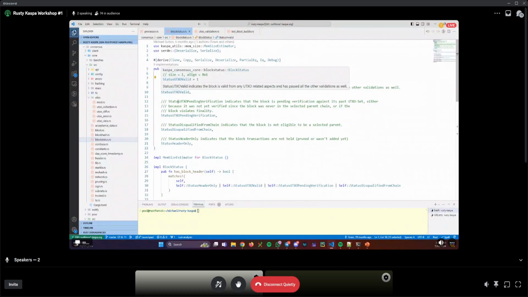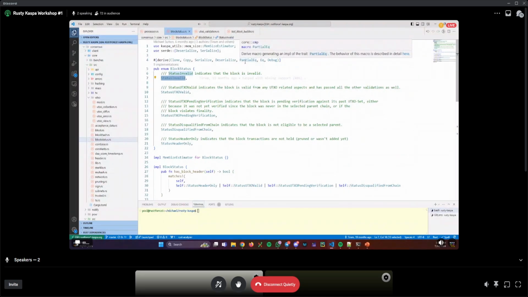You'll have 3 states. Essentially, header only is just a temporary kind of status, so I'm not going to use that. So you're either fully valid or fully invalid, because